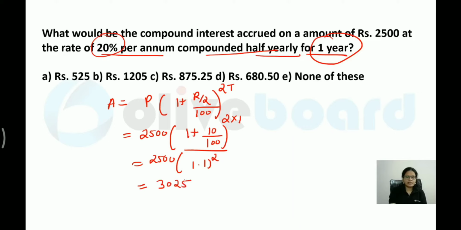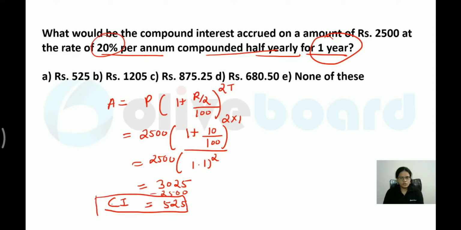Now they are asking you what would be the value of compound interest. So how will you do that? For that, you have to subtract the principal value from here. So what will you get in this case? 525 would be the compound interest. I hope it is clear. So whenever you are doing the half yearly value, simply instead of R, you have to write R by 2. When you are saying the quarterly value, this will become R by 4 over here. So these are the changes.